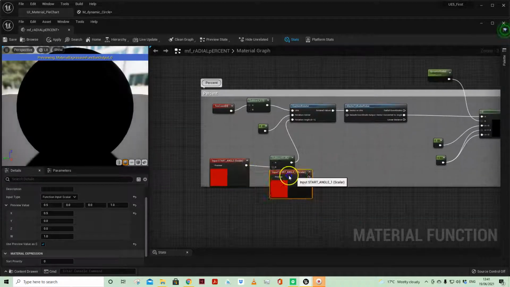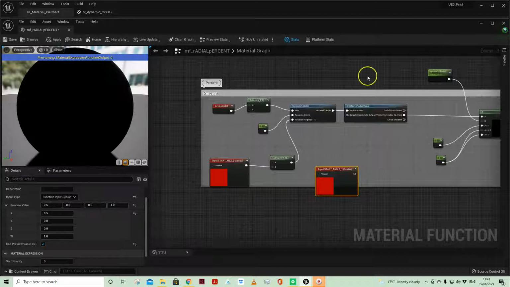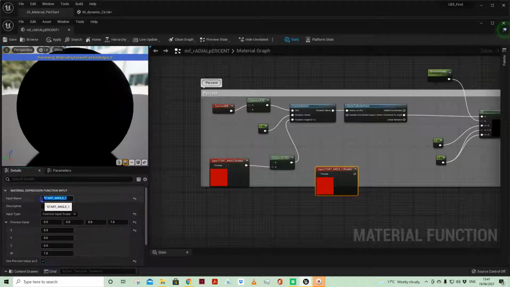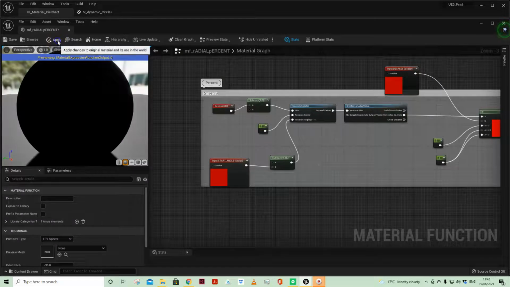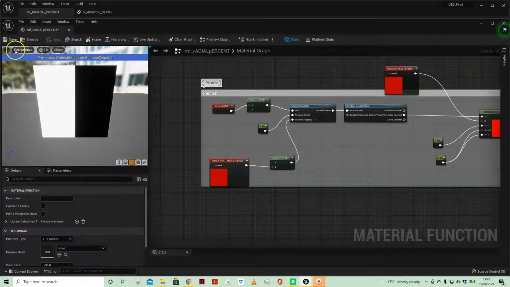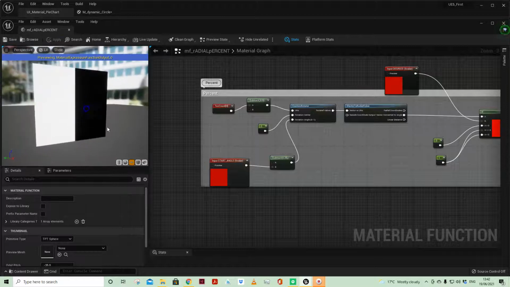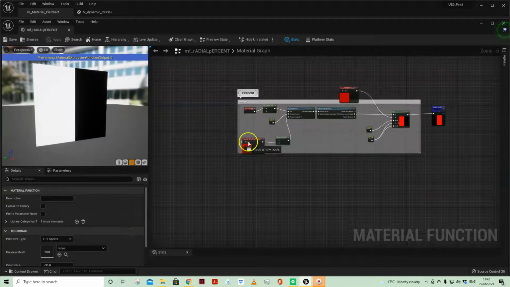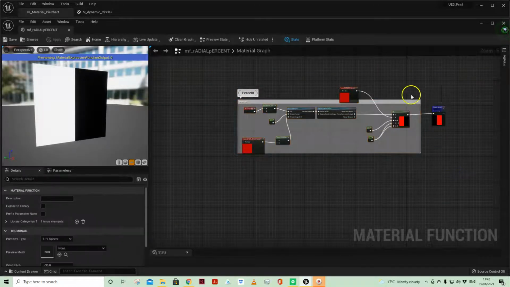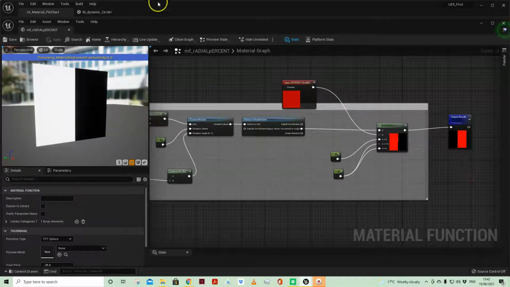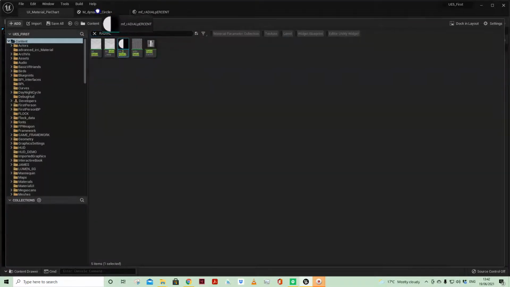Let's duplicate that, and then I will call, that's also a scalar, but let's call it something a bit more useful. So that in effect is degrees, and we have got our default established as well, and I'll plug that in there. So if I apply and save that, then that's our little preview of our material function. We have two inputs that are both scalars with default values, exactly the same code as we had before, plugging into our output result. And then if I take that material function